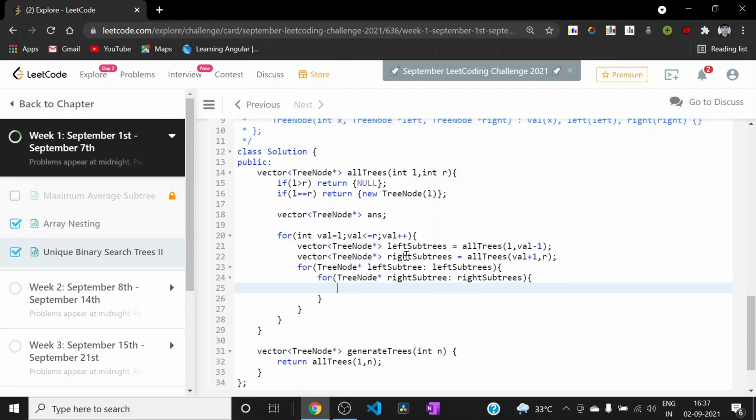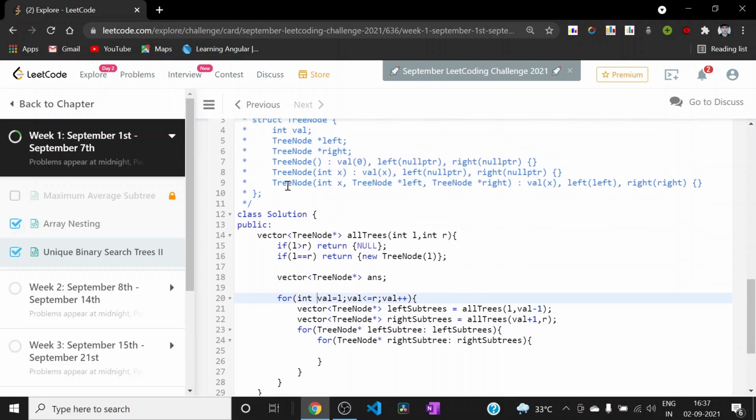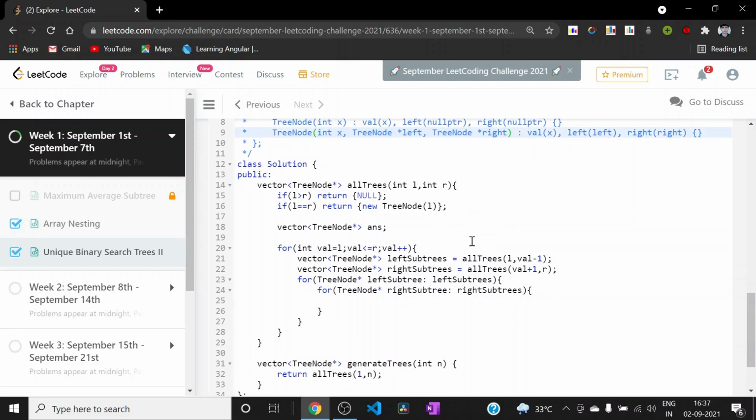And now we have got the left subtree and right subtree. So we need to construct a tree having this as left subtree and right subtree, and root node as a node having value val. We can take help of this constructor to construct that tree.